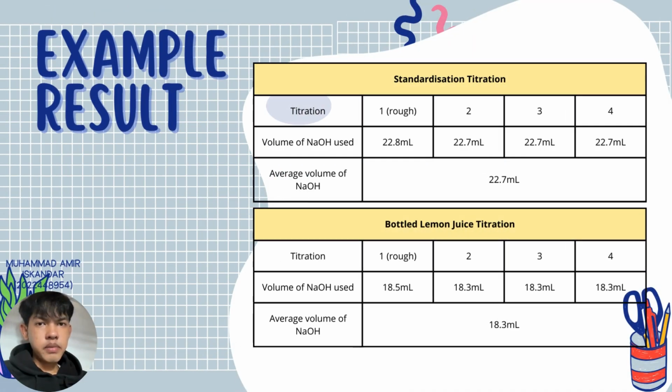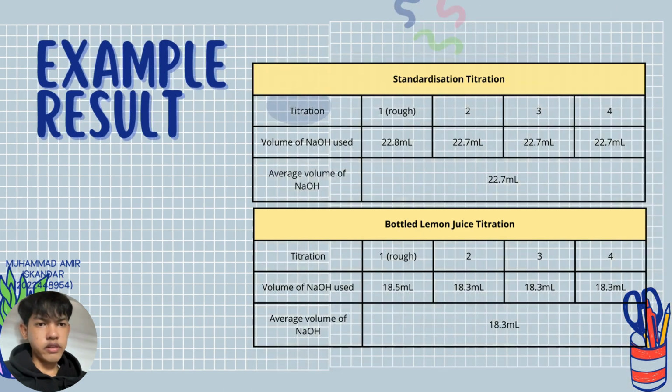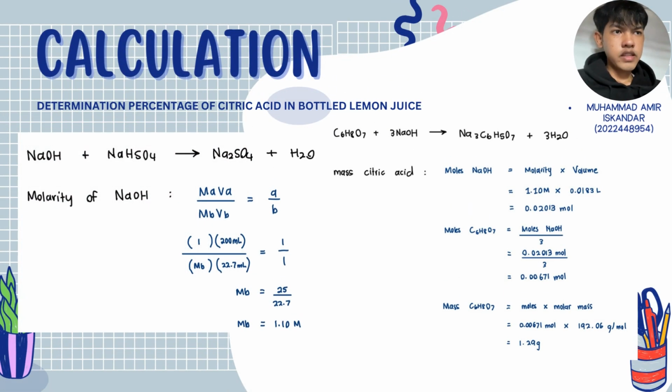Here's the example of result for our titration. The first standardization titration, there are 4 titrations. We calculate the average volume of sodium hydroxide and we got over 22.7 ml. For the bottled lemon juice titration, the average volume of sodium hydroxide is 18.3 ml. To calculate the percentage of citric acid in bottled lemon juice,